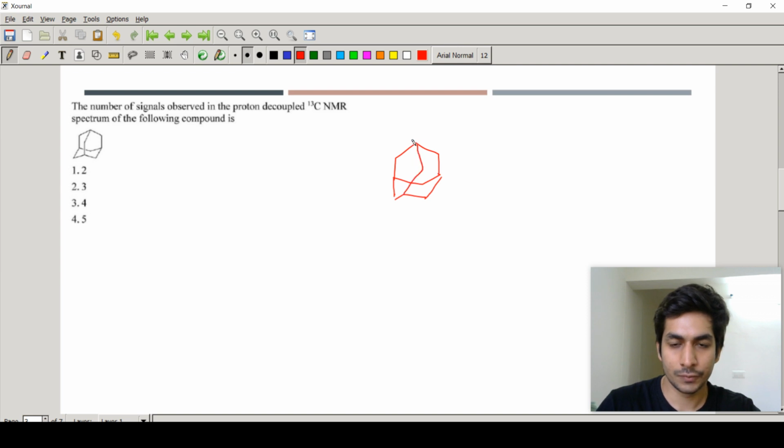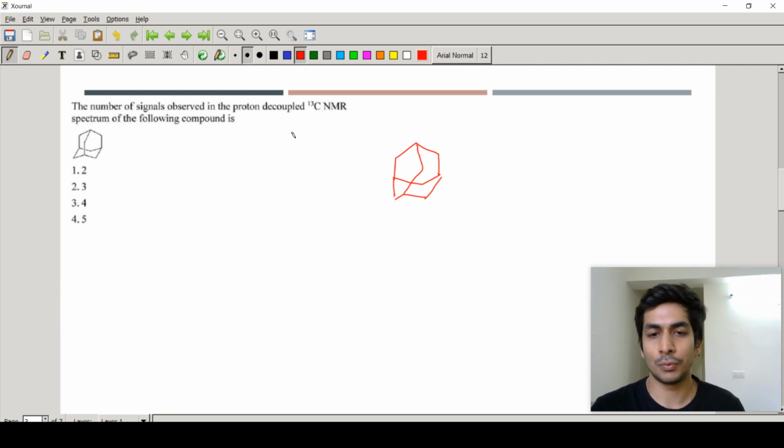Now they had asked about the proton decoupled 13C NMR. Decoupled means that the carbon atoms are not coupling with the hydrogens. That is what a decoupled 13C NMR means. It can sometimes also be written as 13C, and in brackets they write 1H like this. That also means that it is a decoupled NMR spectrum. Sometimes they might write it, sometimes they would give it like that. So the number of signals observed in the proton decoupled 13C NMR spectrum of the following compound, which is adamantane,